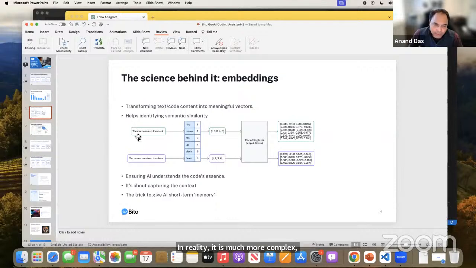So now if I take two statements, the mouse ran up to the clock or the mouse ran down to the clock, right? And I tokenize it, rather than storing the words here, I'm storing these integer numbers. And I create an embedding. Now, when I say an embedding, what it does is it actually goes through each of the words here. And for every word, which is represented by a token, I figure out the importance of this word with respect to other words in the statement. And I generate a vector, right? This is a numeric vector,